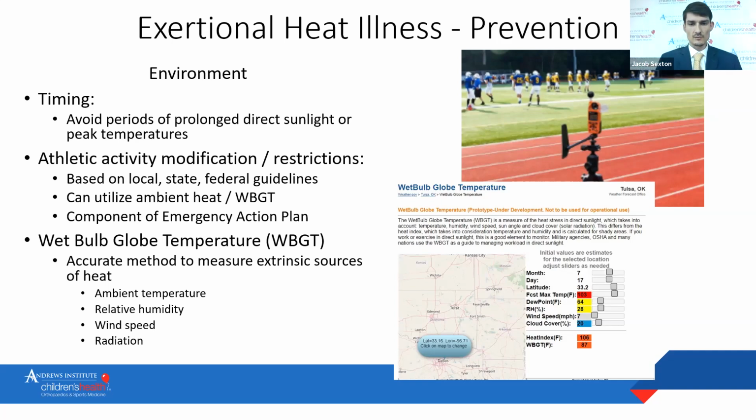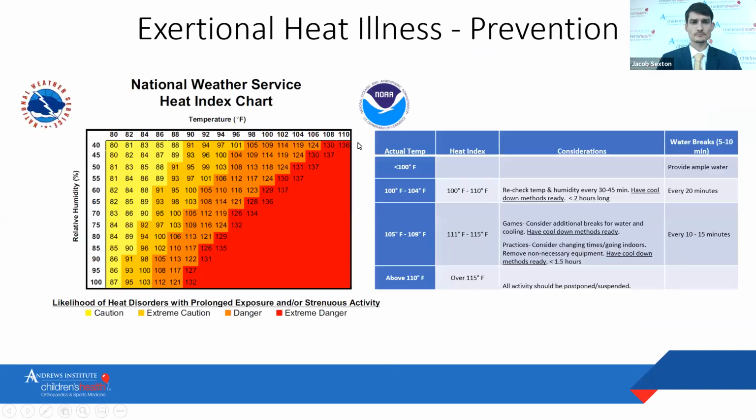Now, the bottom right image is from the weather services that's just come out. It's currently in its beta phase. But with this one, you can go to their website, you literally click on the city, town, venue, or you could even put in the latitude and longitude, and it will give you the current wet bulb globe thermometer index, as well as the relative heat index for that local area at that given time. So it's a pretty real-time interactive monitoring system that I think is going to be pretty useful in the future.